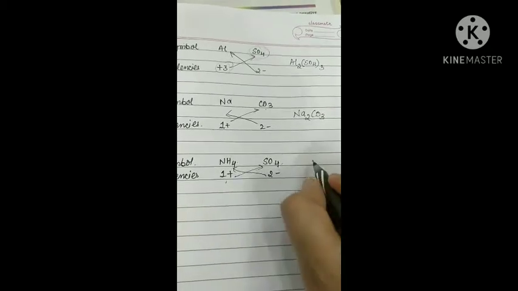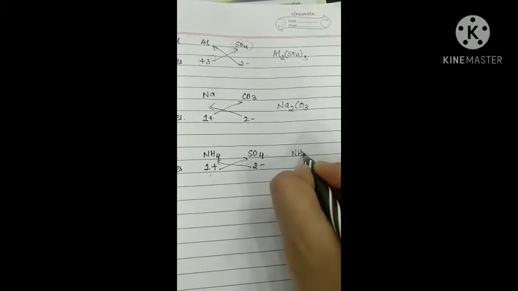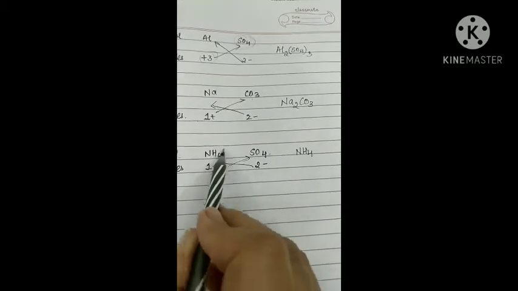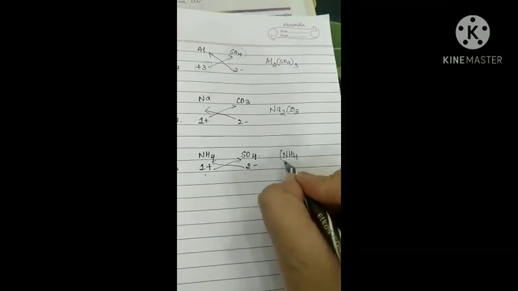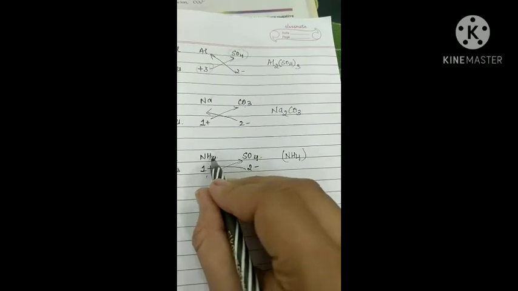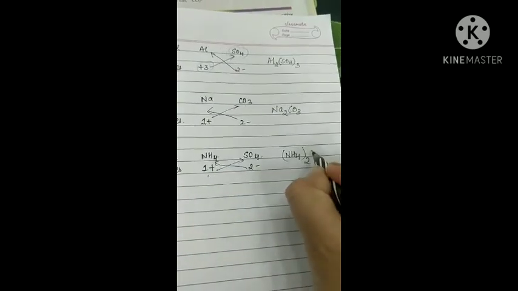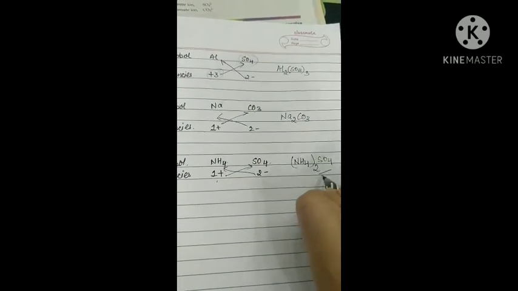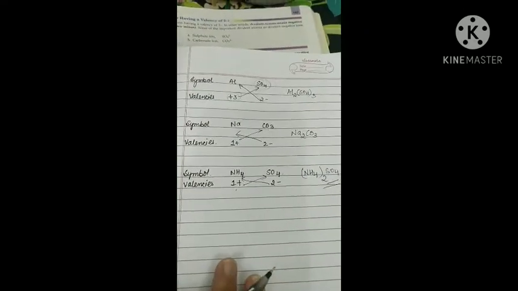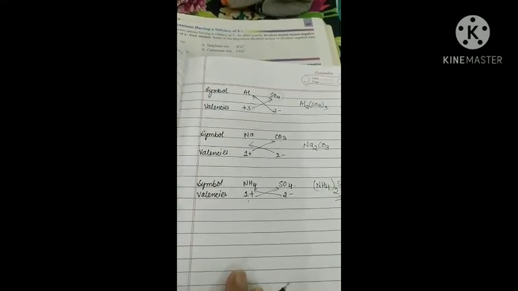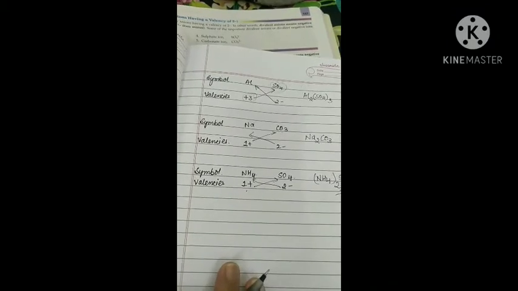Same, we will just cross multiply. NH4 की valency होती है +1 and SO4 की होती है -2, so it will be NH4. Now think, NH4 2 atoms are there, so NH4 whole, क्योंकि this 2 is going to multiply with both, so 2 and SO4. So this is how we take out the formulas, and I will be giving questions related to it, so do those questions.